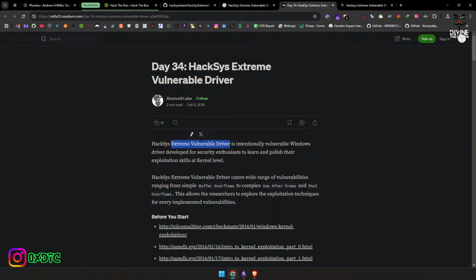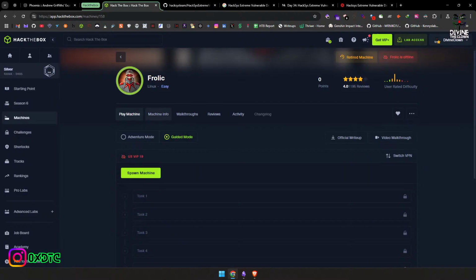Extremely vulnerable drivers, an intentionally vulnerable Windows driver developed. Sure, let's go with that. Learn about buffer overflow, underflow, reverse engineering stuff. Yeah, we'll be learning that, but we'll go step by step with what the box requires right